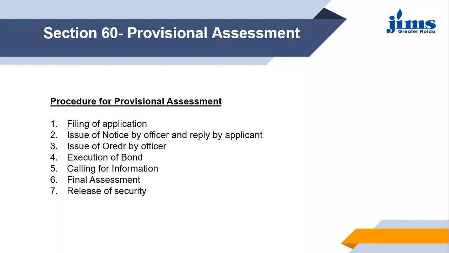Then comes the final assessment. Final assessment here means when the proper officer issues a final assessment order, where the tax has already been calculated depending upon the value of the supplies. The value of supplies has been calculated, the rate at which it needs to be paid, the GST rate, has already been considered, and after that a final amount is determined. So the final assessment defines the final amount of tax that needs to be paid by the taxpayer, and this is called a final assessment. Once this final assessment is done, it is done under the ASMT 07 form.